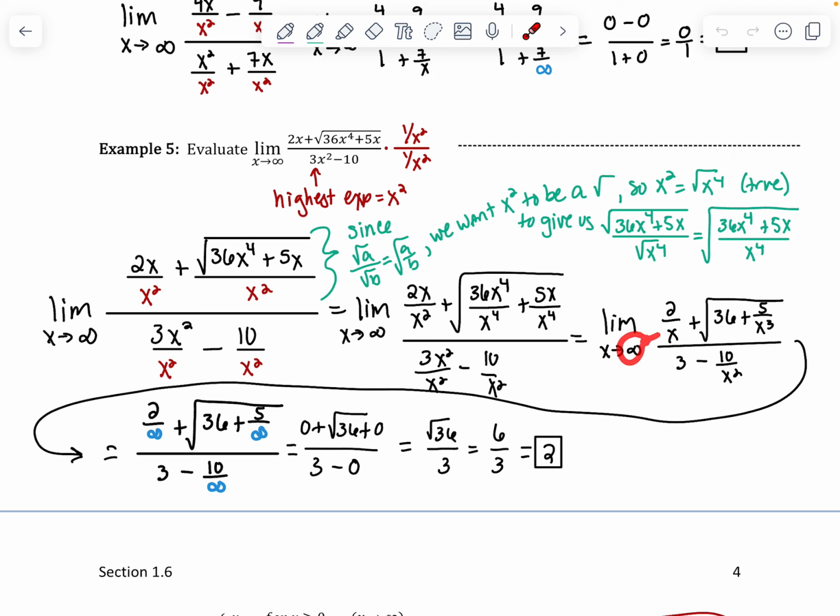But I'm ready to use up that limit. I'm ready to take this infinity and put it where all the x's were so I can get rid of the limit. As you see here, anything over infinity is 0. So really, I'm just looking at the square root of 36 over 3. And because the square root of 36 is 6, 6 divided by 3